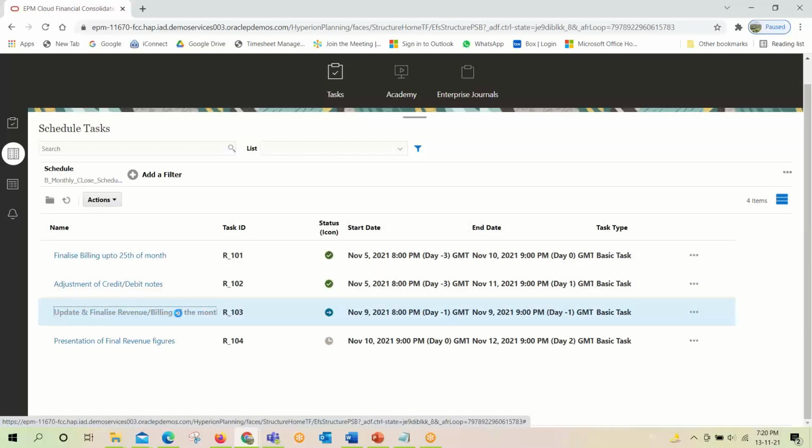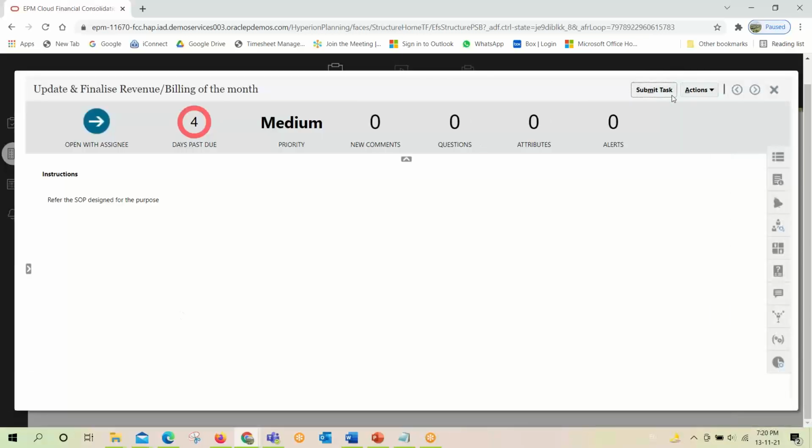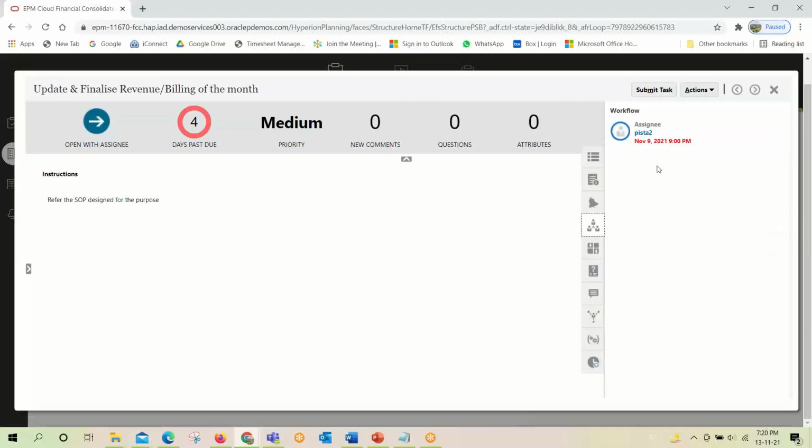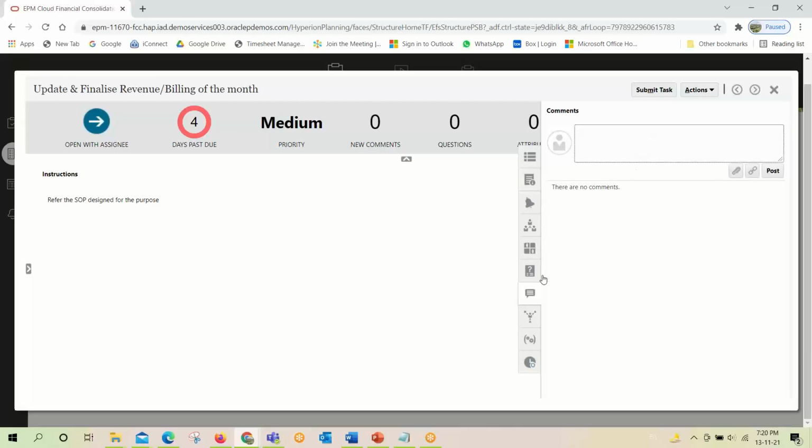Similarly, the assignee will take the next task and submit the other one. You can see who is the approver and who is the assignee. If there are any questions, you can see them; here there are no questions.